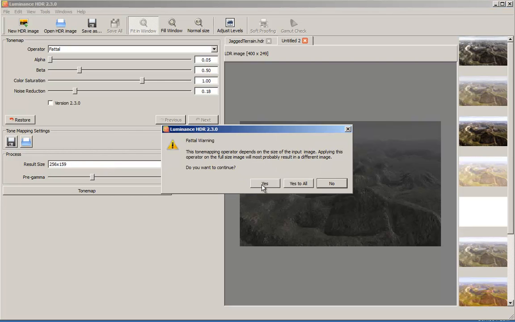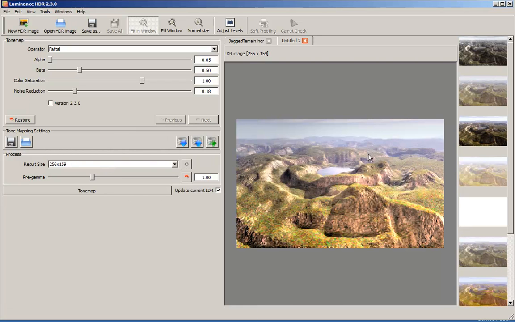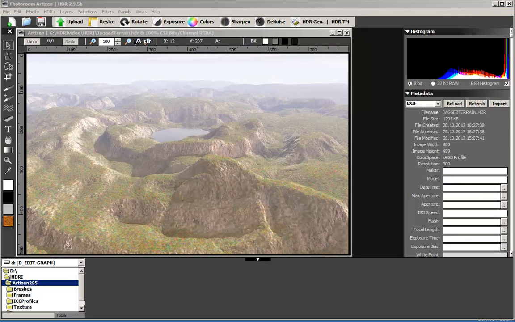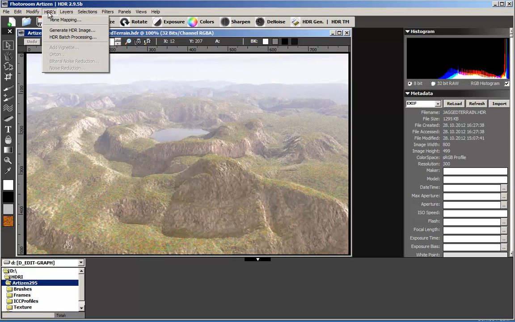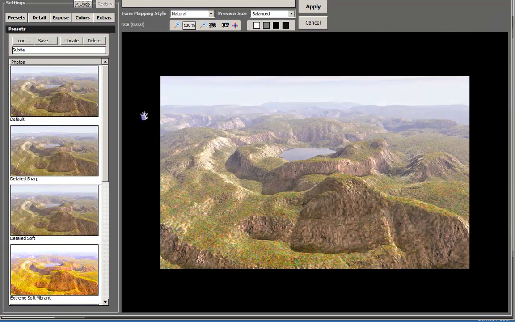That's okay because it is smaller. What we get is a completely different lit picture, because here where we have shadows, all of a sudden there are no shadows. Again the same example here in Photoroom Artisan, HDRI tone mapping, and we use here dramatic